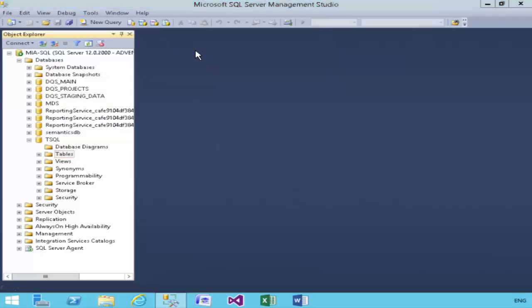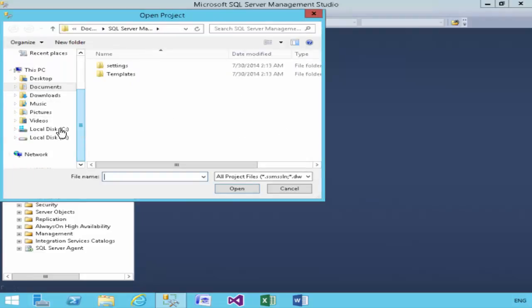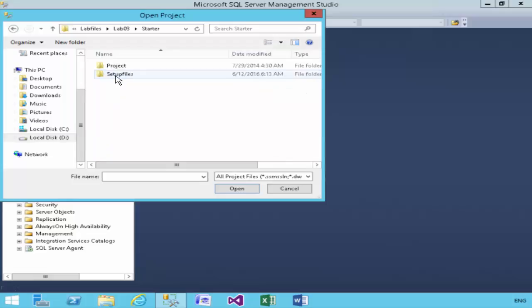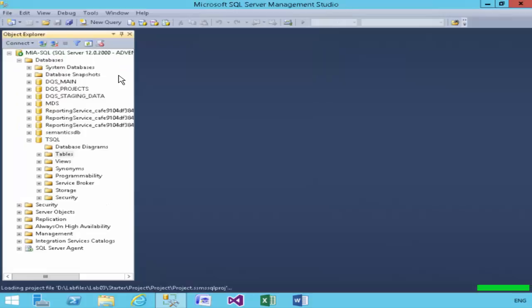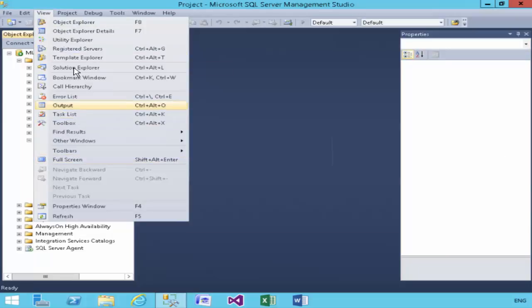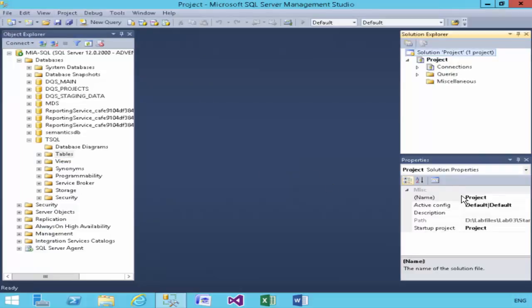I need to open a solution file to be able to store any changes, any queries that we create. The layout is very similar to Visual Studio in that you need a project file or a solution file to be able to store any configuration and reference to any files that we're going to use. I already have a solution file provided for me. The data that we have here is actually from Microsoft's own 461 course, and this is sample data used for demonstration purposes.